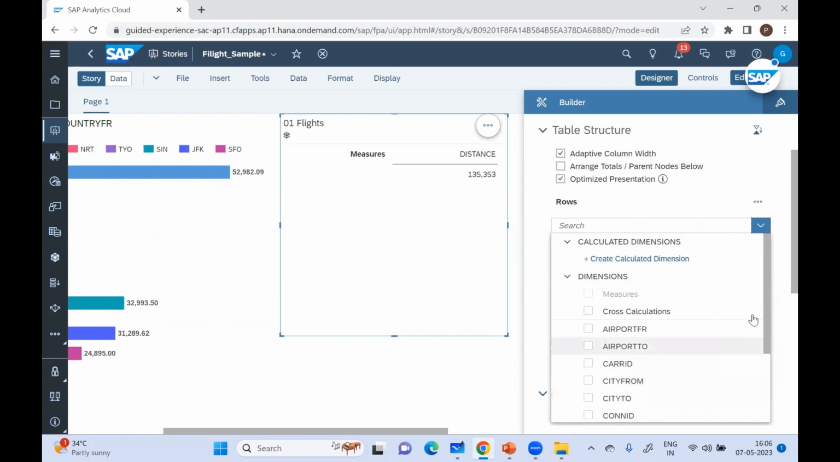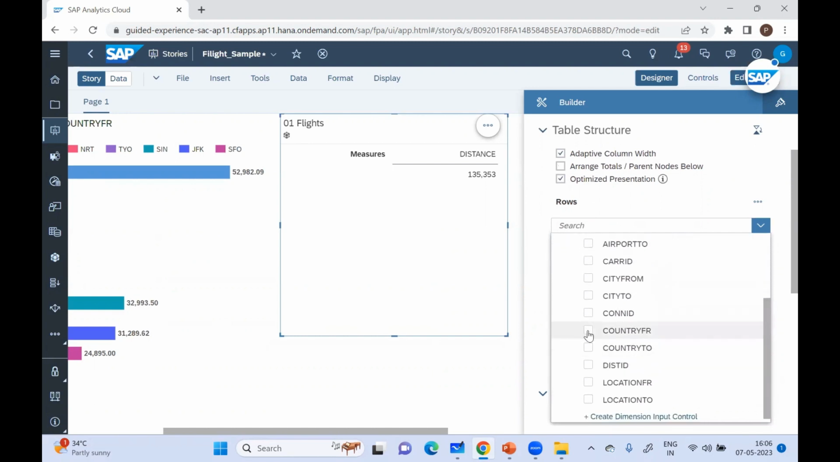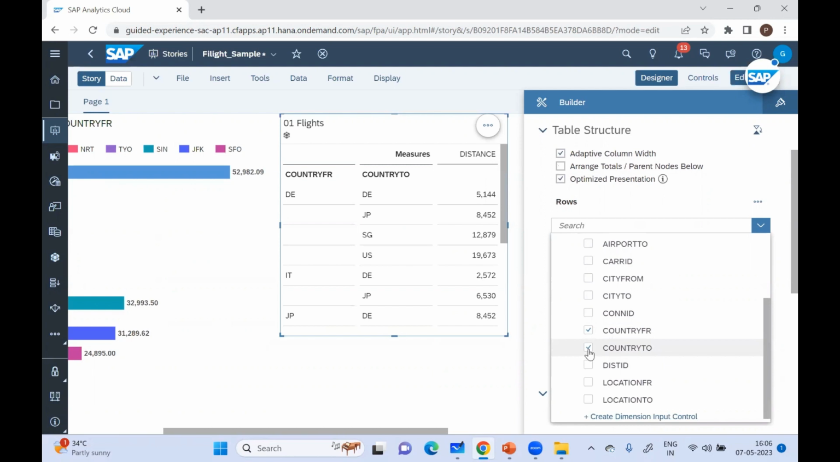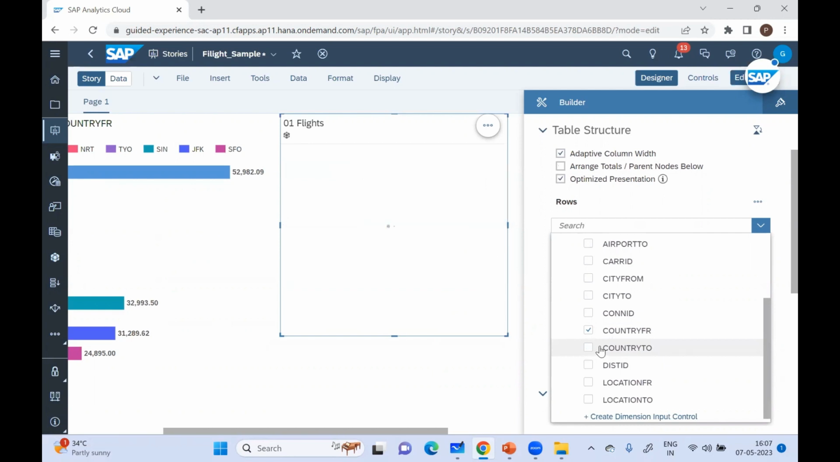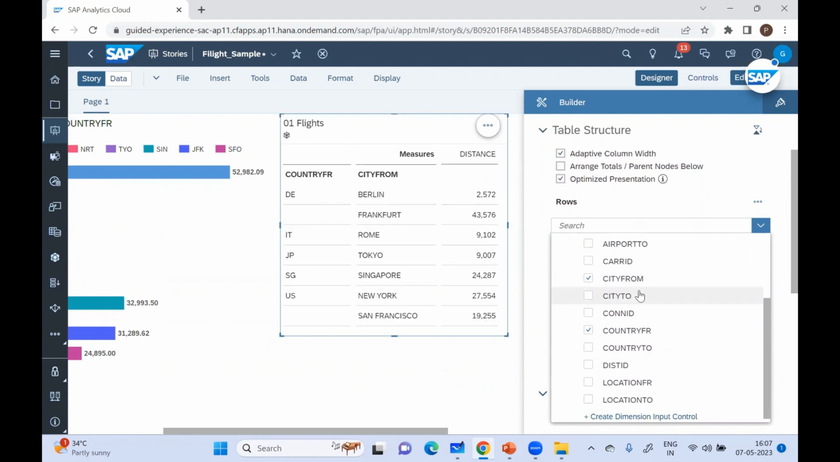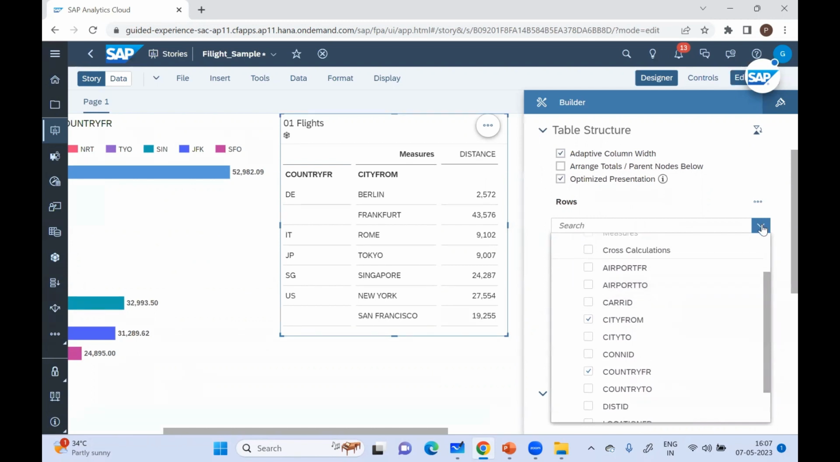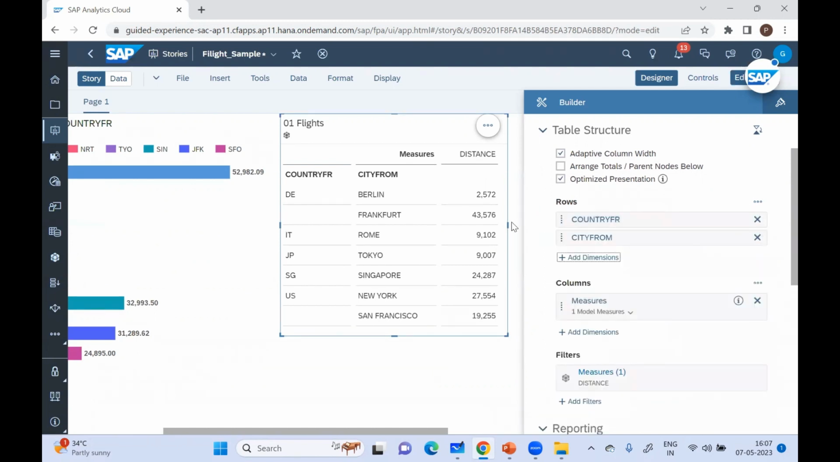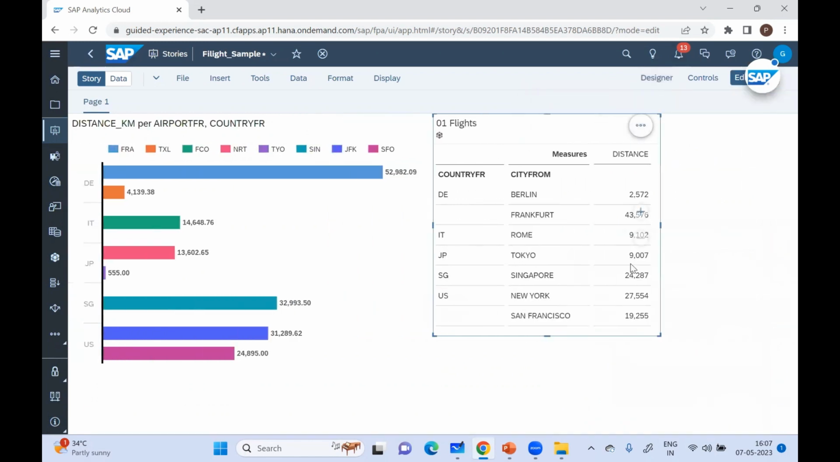What are all the dimensions if you want? For example, country from, okay, country to, okay, else within the country from and city from, okay. Like this, you can add multiple dimensions, okay, right. That's it. So if you minimize this design